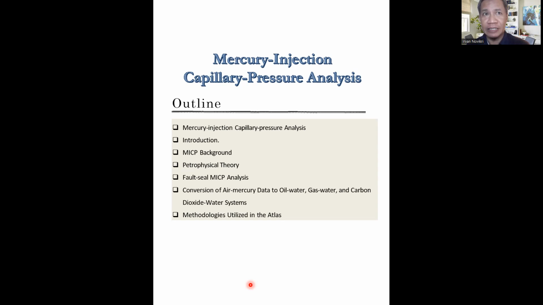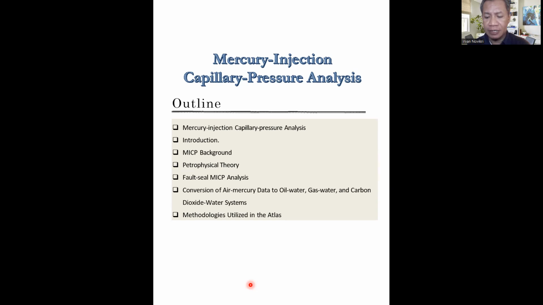So today's lesson is about mercury injection capillary pressure analysis. Before we jump into the overview discussion, I would like to show a book that I use as a reference for this talk, Memoir 60, Studies in Geology. It's quite a book. The title is Worldwide Analogs: Caprock, Intraformation Barrier, Clastic Depositional Settings.